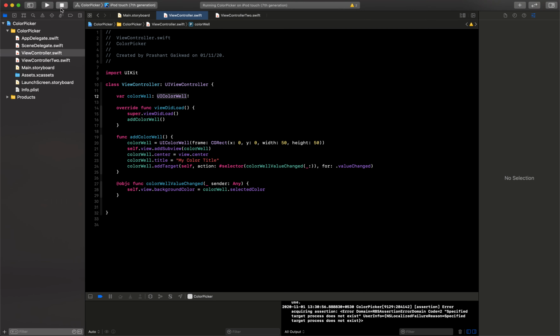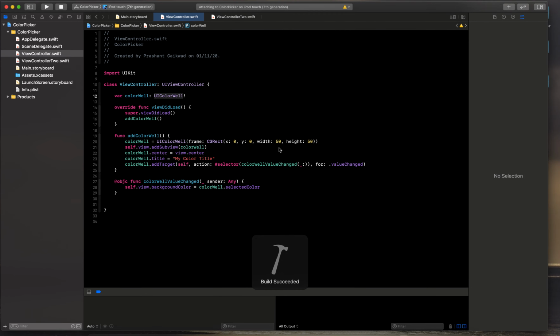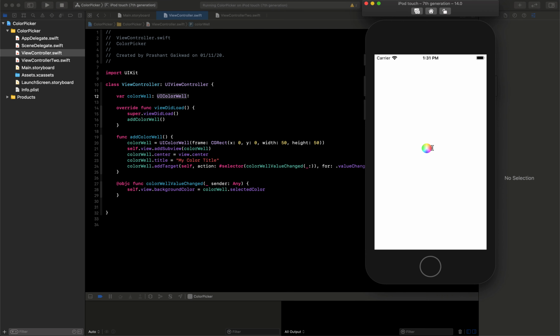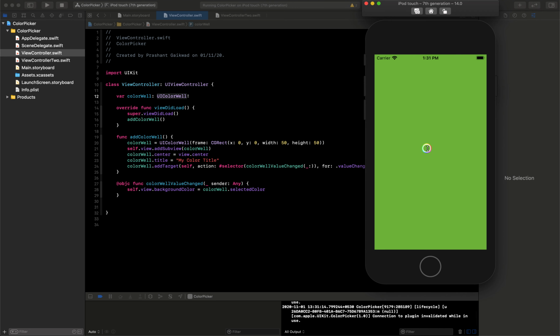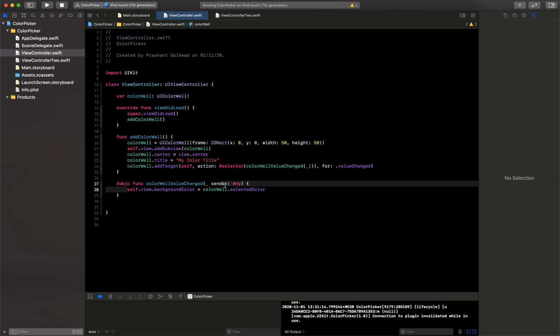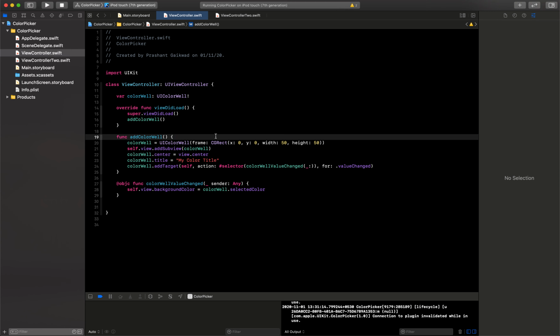For example, if I run this again, you can see at the start it is showing me all the colors like a color rainbow, and when I tap on this and select any color, for example green, and close it, you can see at the center now I am able to see the green color, and the background is also turning green because I have set the view background to the selected color. So let's see how you can use this in your actual application.